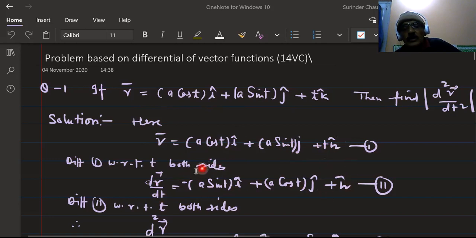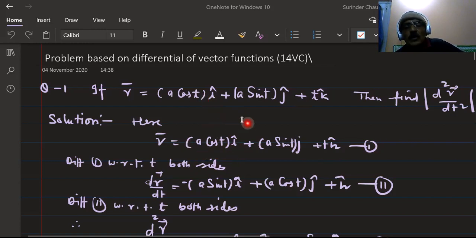Now this is the first derivative. These are components, we differentiate them, the constant is taken outside as we did in the case of the scalar function. Similarly, the unit vectors i, j and k are also constant, so their derivative is 0, or we can take the constant out,